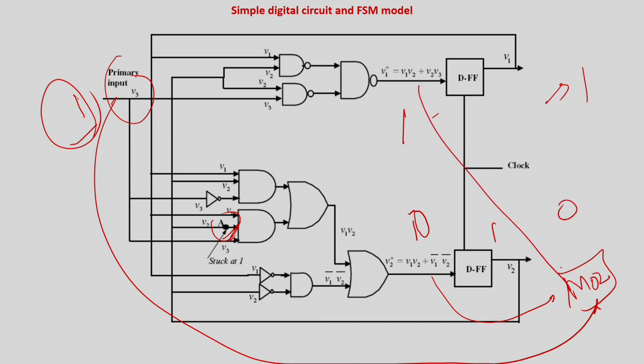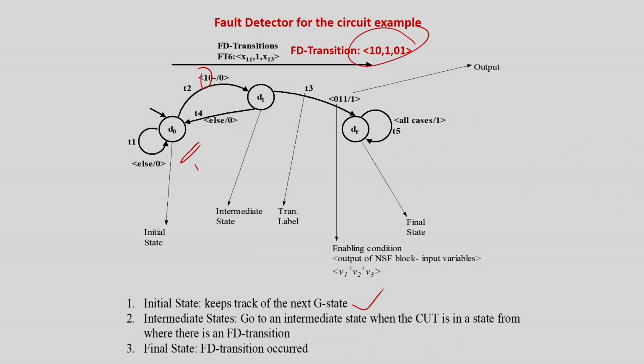So these lines I am tapping, these two lines I am tapping. The module 2, the detector, always tries to find out if there is a 1 0 in V1 and V2 respectively, such that the next state is going to be 1 0, from where the fault detecting transition is there. So it is always trying to see this case: if it is 1 0, the third bit is basically for the input line V3, which is immaterial in this case. So always I am going to check whether it is a 1 0. It is a 1 0, very good.